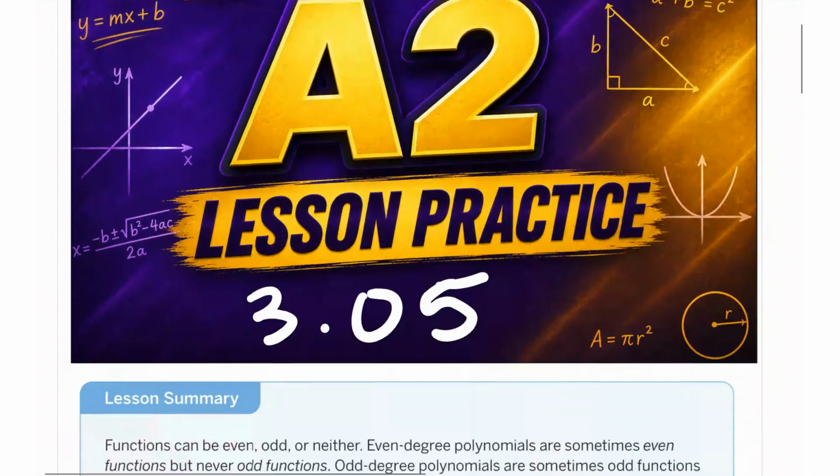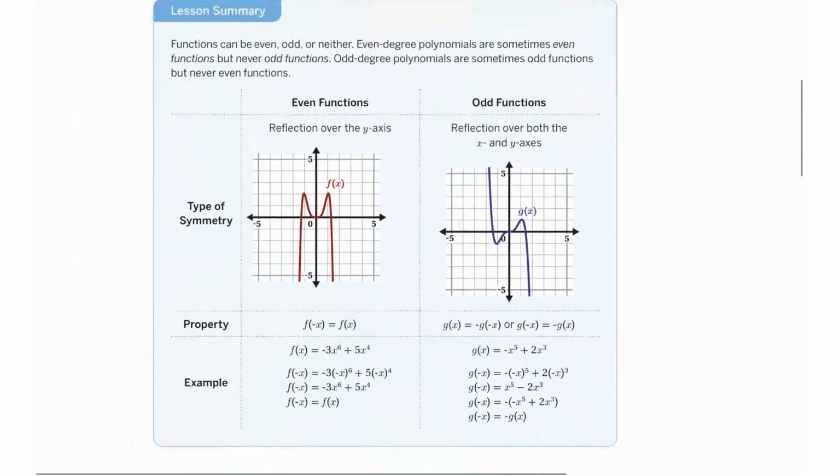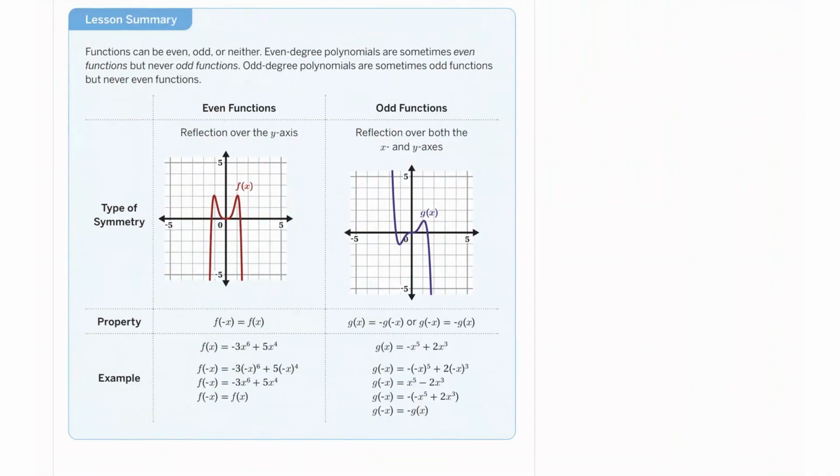Today we're going through Chapter 3, Lesson 5, where we revisit something we've talked about in a previous lesson with even and odd functions. What we focused on before is looking at our graphs and seeing that an even function reflects over the y-axis and an odd function reflects over the x and y-axes. We also talked about having a table and representing these very basic, straightforward facts about